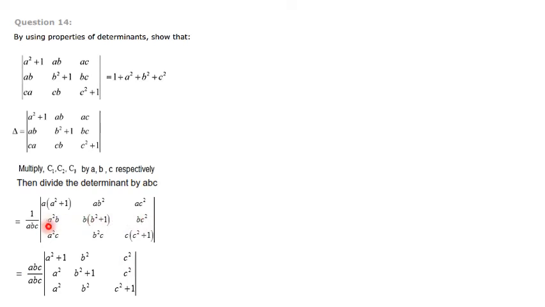That means a square is the balance. Here, b square plus 1 is the balance. Here, c square is the balance. It is written. Next, from the third row, if c goes out, a square is the balance. Here, b square balance. Here, c square plus 1 is the balance. That is written. Now, outside it is balanced. Now, abc will be cancelled. It becomes 1. Now, what we want is 1 plus a square plus b square plus c square. Easily we'll get it from here now.